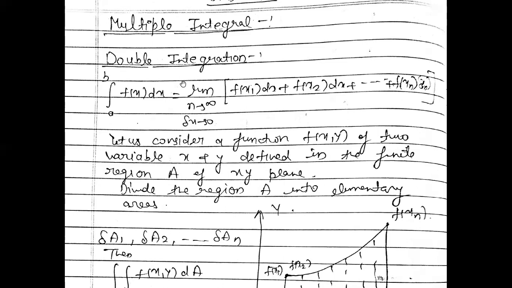So double integration, where is it coming from? It is coming from the single integration. When in single integration we apply the limit a to b, then it will convert into a double integration, and we will divide our region into several regions. So integration a to b f(x) dx is equal to limit n tends to infinity, delta x tends to 0, f(x1) dx plus f(x2) dx plus f(xn) dx. That means we have n points x1, x2 and so on xn, and our function is f(x1), f(x2), f(xn).